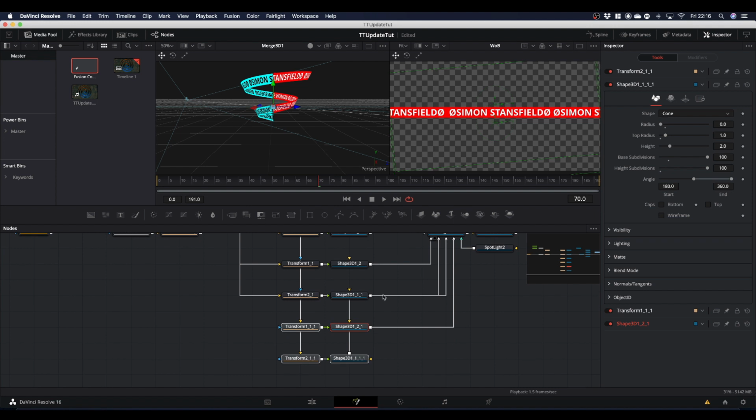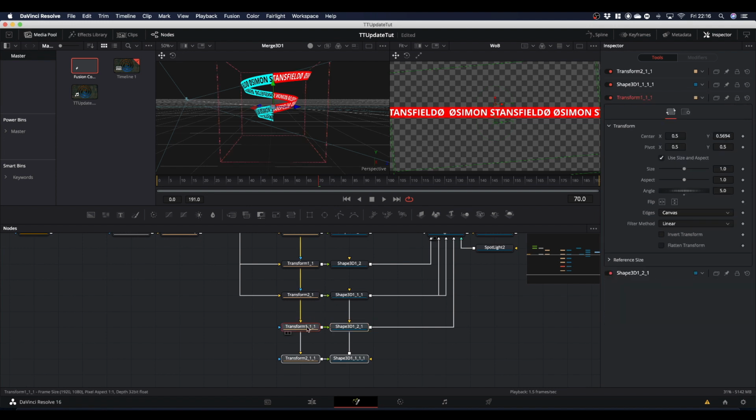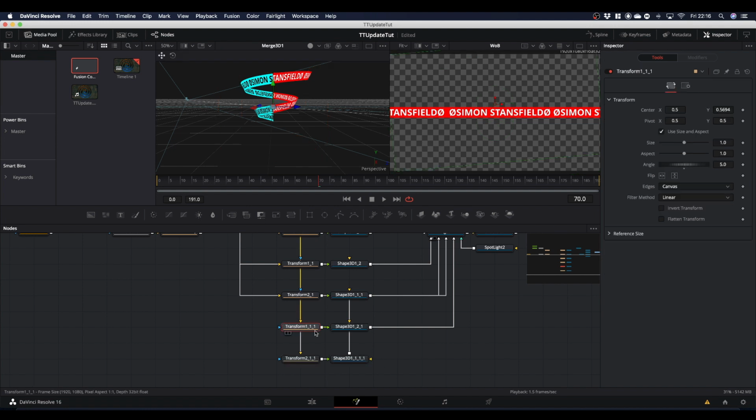Then it's just a case of transform first, drop your center Y to bring your third red ribbon down,